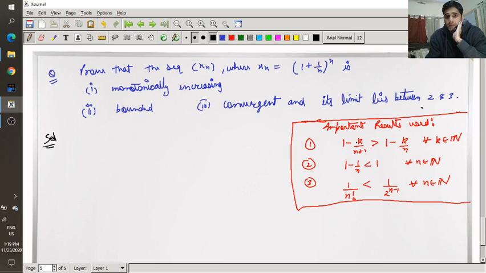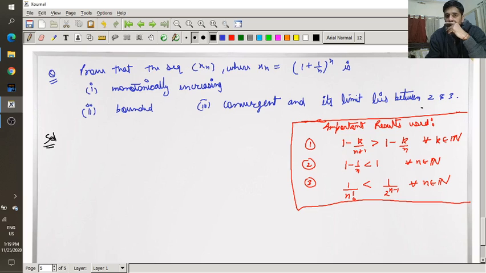First is 1 minus k upon n plus 1 is greater than 1 minus k upon n. Now this is some simple expression. k is any fixed natural number. n plus 1 is again a natural number. So 1 minus k upon n plus 1 is greater than 1 minus k upon n. Now see, this k is fixed and n is varying. So here it is n plus 1 and here it is n. So the denominator is larger,